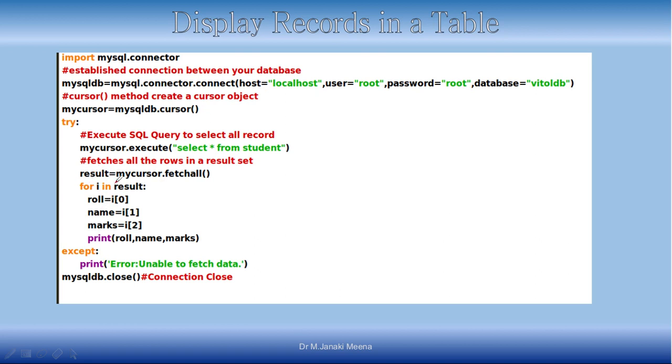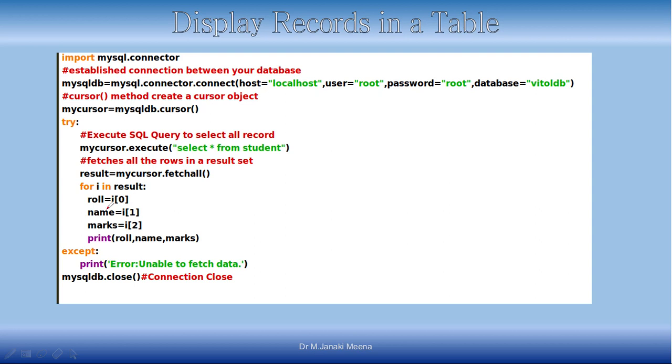We have seen that the result is a list of tuples. Fetchall retrieves all the rows and puts them in a list, and each row is stored as a tuple. So I take the values one by one from the list, and each value will be a tuple.